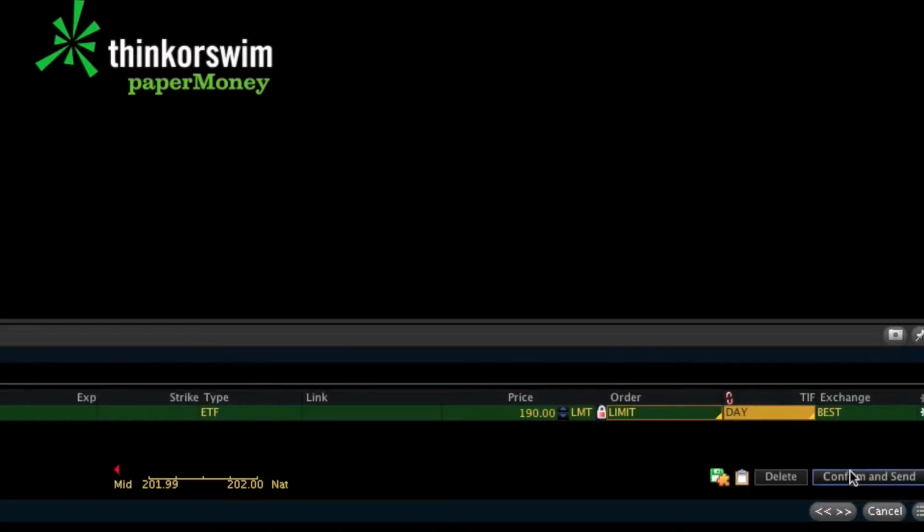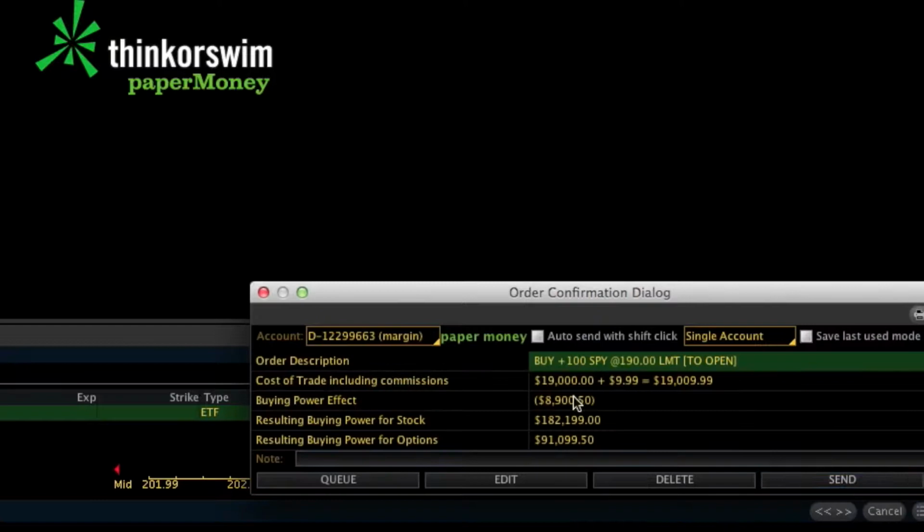So we'll use a day order, and we'll click confirm and send. So just make sure you have the right amount of shares, the right symbol, the right price, and you're buying it instead of selling it. Okay, click send,